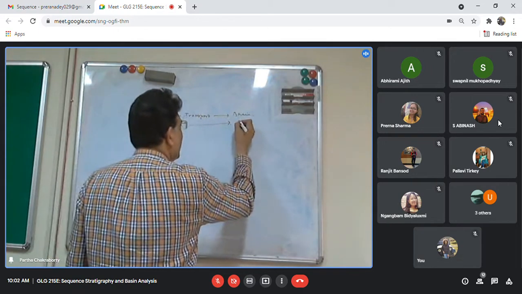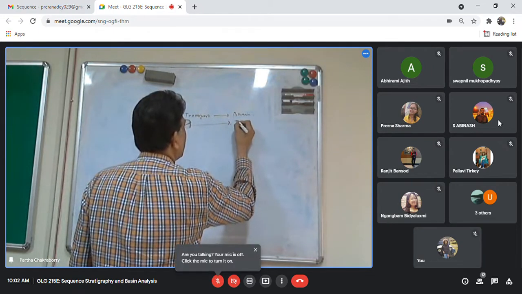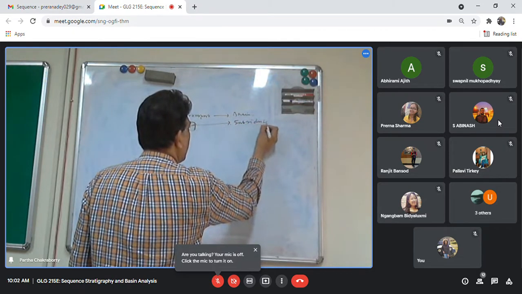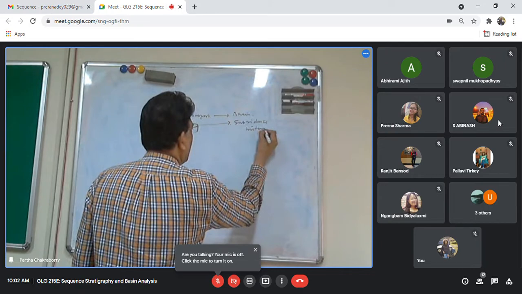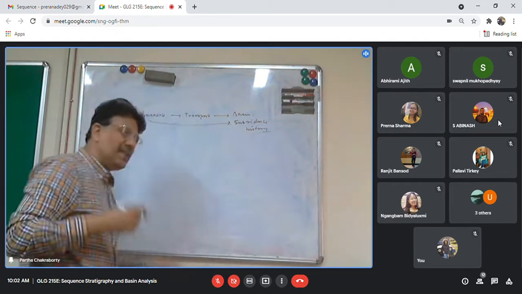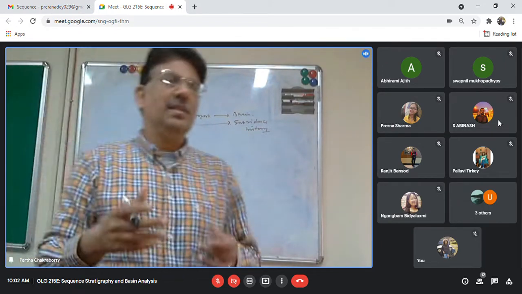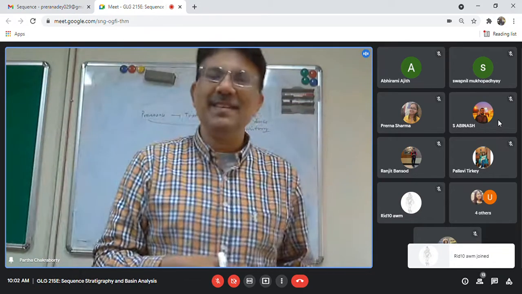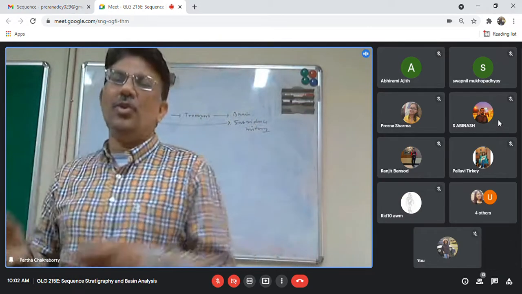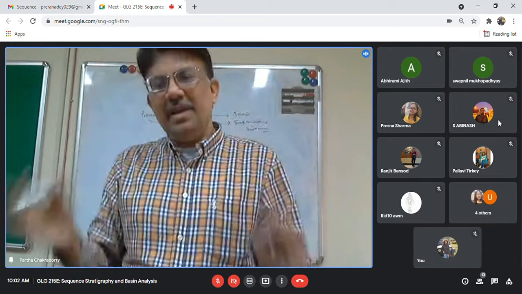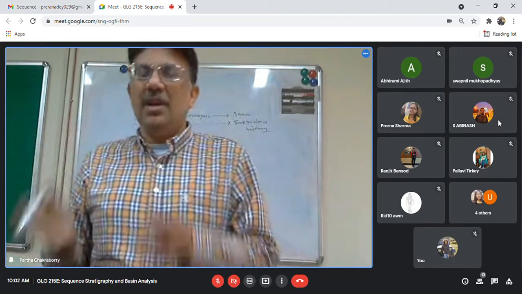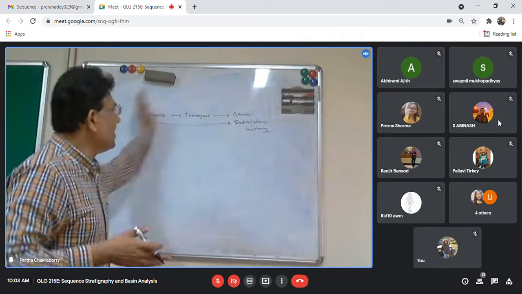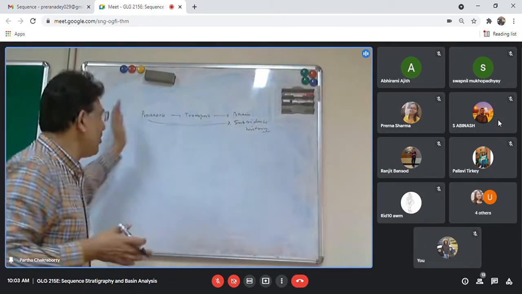What we already discussed is its subsidence history and how the basin behaves. The basin behaves either for tectonic reasons, for thermal reasons, or for the water load and the sediment load. That is how the entire basin behaves. Now today our discussion will be mainly how the sediment is generated and reaches the basin,